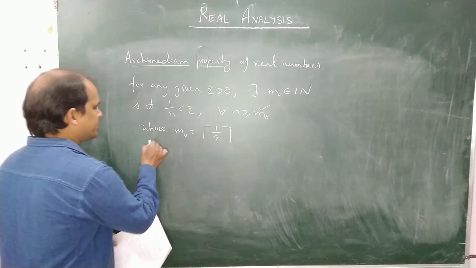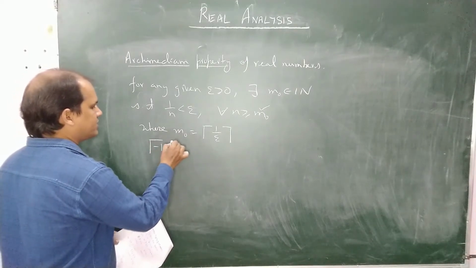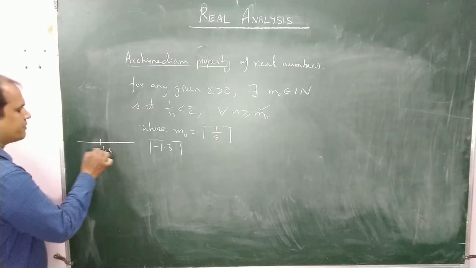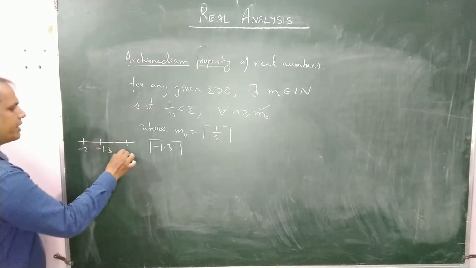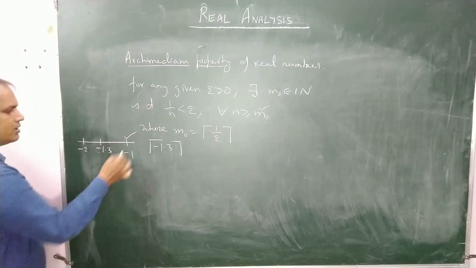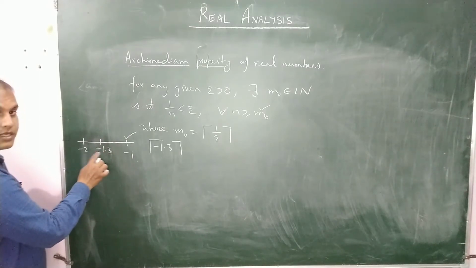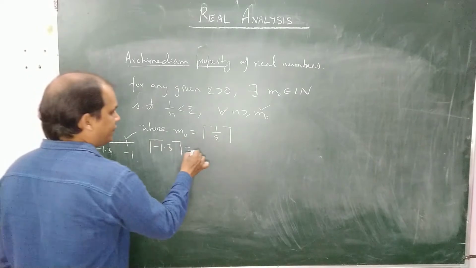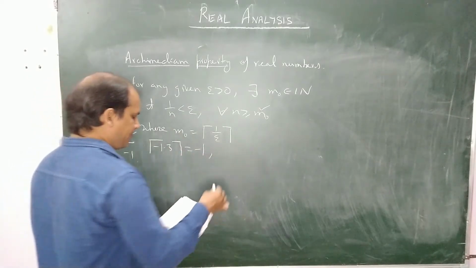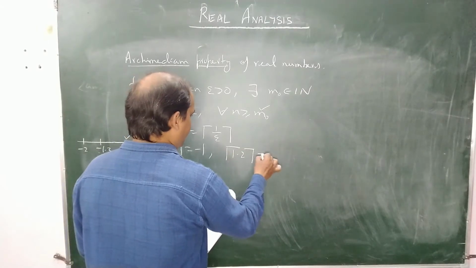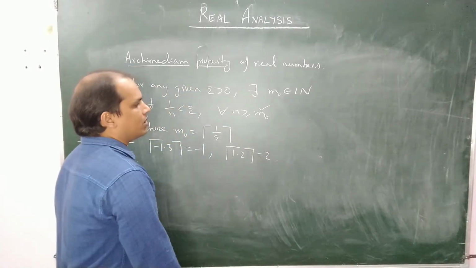So for example, the ceiling function of minus 1.3: minus 1.3 lies in between minus 2 and minus 1. So its ceiling is the least integer just greater than this minus 1.3. So by definition it will be equal to minus 1. Similarly, the ceiling of 1.2 will be 2. Now for example